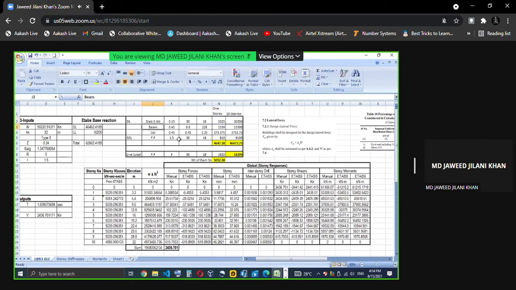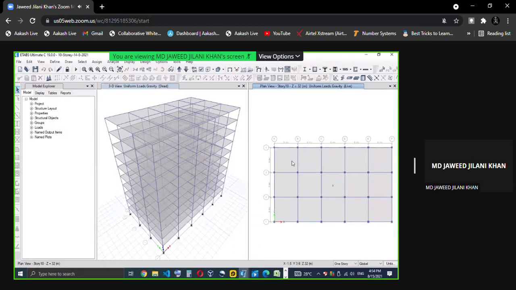Now beams. The size of the beam was 450 mm by 600 mm. Now how many beams are there? You can see here, 30 meter is this length, 30 meter total from here to here. So 1, 2, 3, 4 lines are there. 18-meter lines, how many? 1, 2, 3, 4, 5, 6.